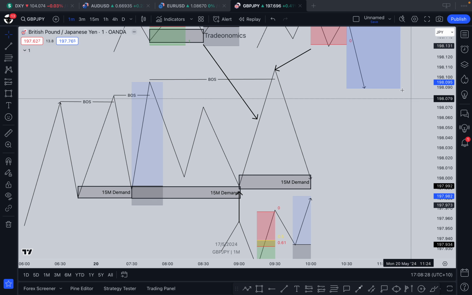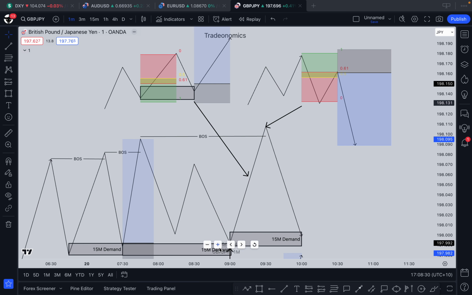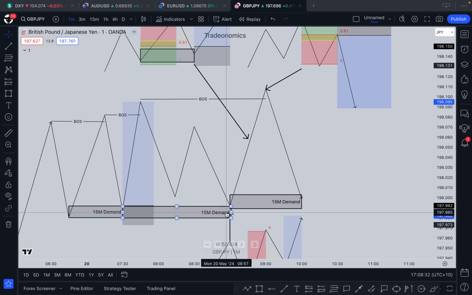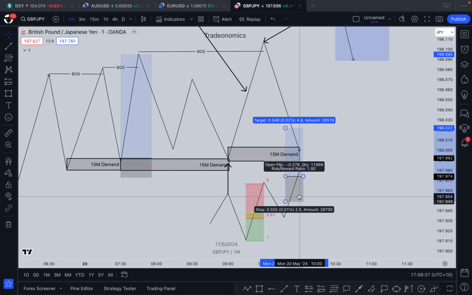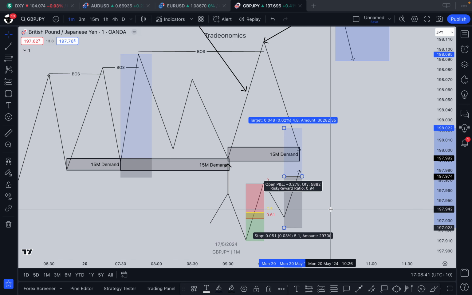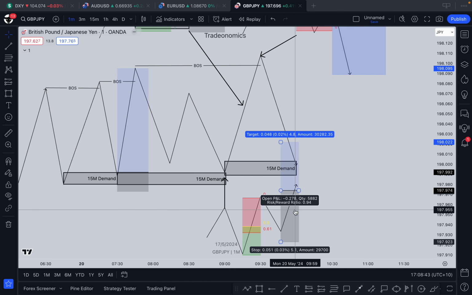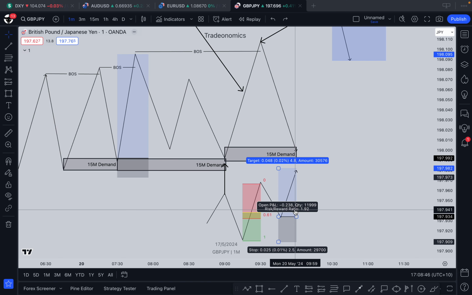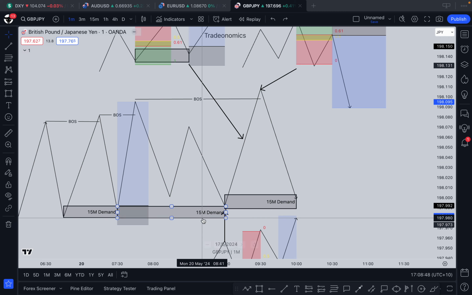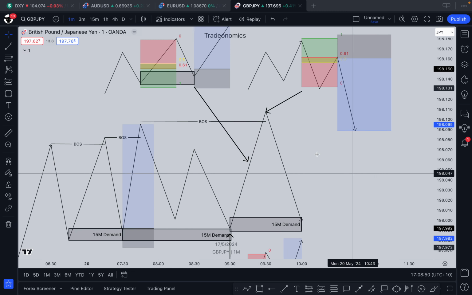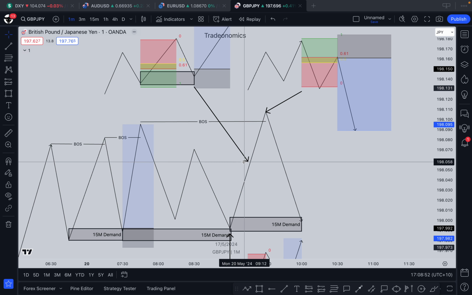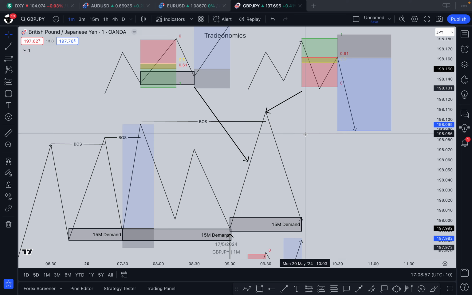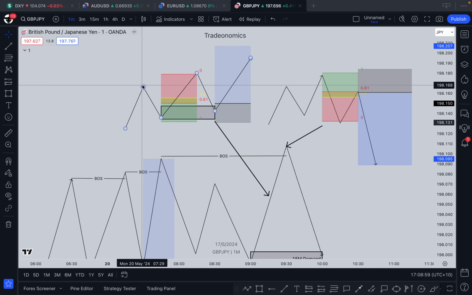Okay. Second entry model. Say we either entered this or we missed this, right? Last thing you want to do is FOMO in on a trade like this after the breaker structure. FOMO in, put your stops below here, get a nice 1-to-1, right? Don't want that. It's the last thing you'd want. So what I'd recommend is wait for some type of structure, okay? Wait for some type of structure somewhere in the middle, and that's just, again, the basic continuation.